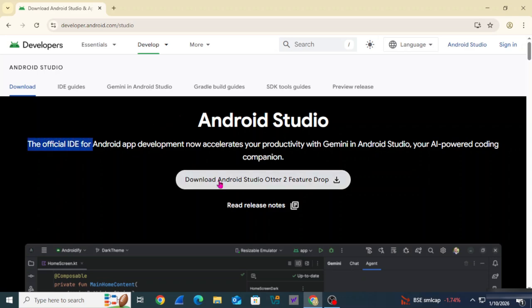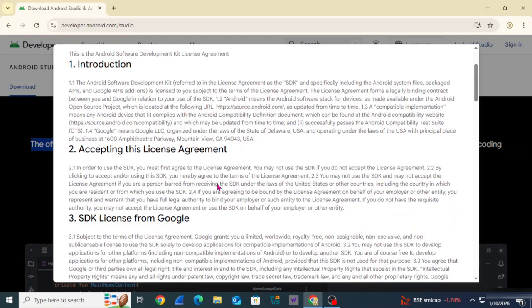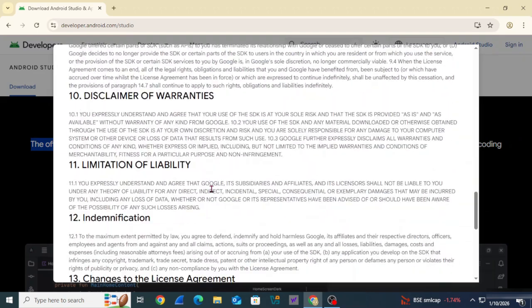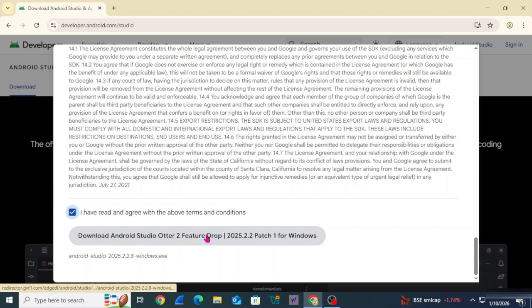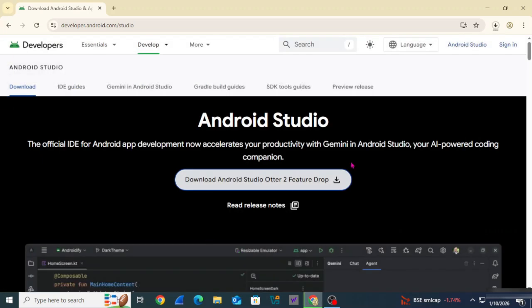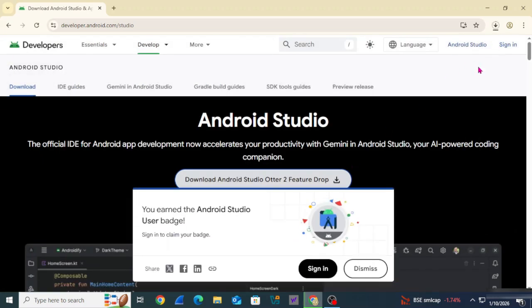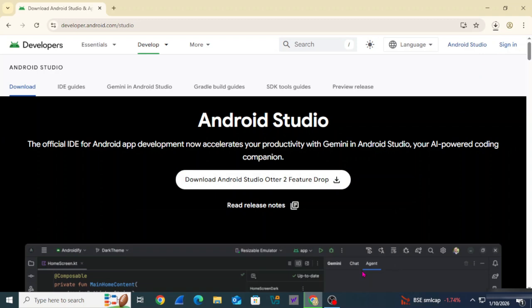And guys, you will see the license and agreement page over here. Just scroll down and click on this checkbox and this button. So guys, here it's showing me some message. I'm going to click on the dismiss button and you can see here my download has been started, and guys, it is going to take time, so please wait. And guys, remember one thing, here you need a strong internet connection because we need lots of download.